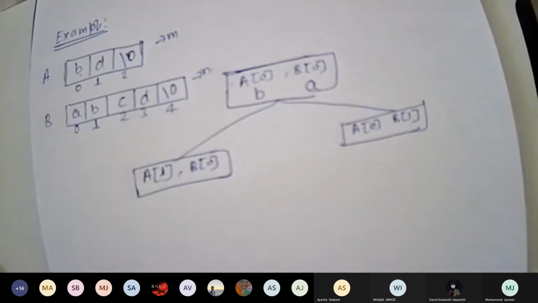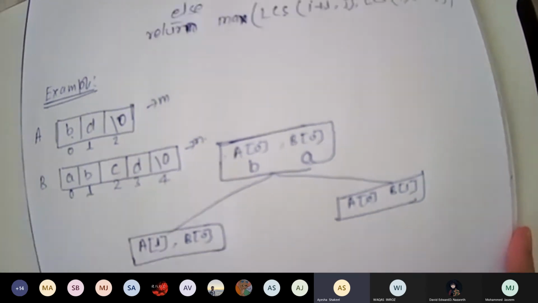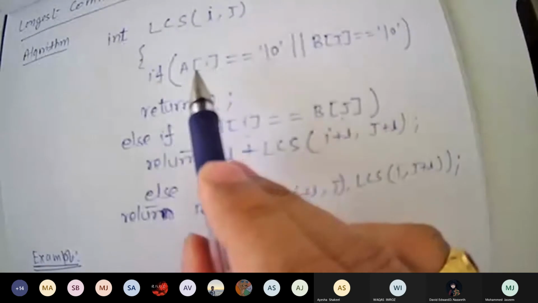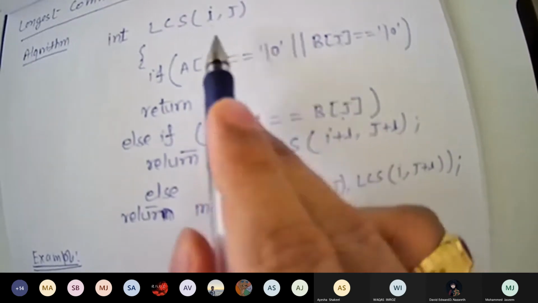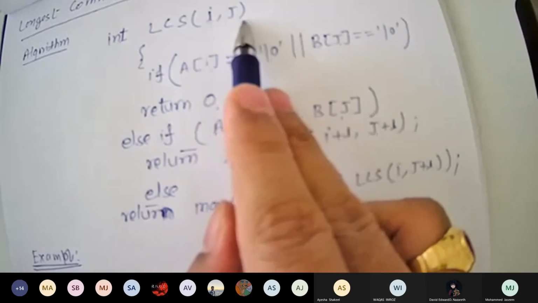Any confusion, anyone? Sir, can you explain that again? Yes. See, firstly you will check whether anyone has reached \0. We started with A0, B0, so i value is 0 and j value is 0.